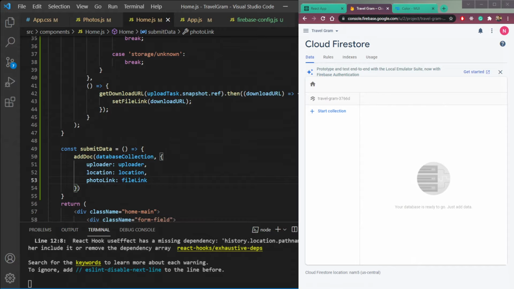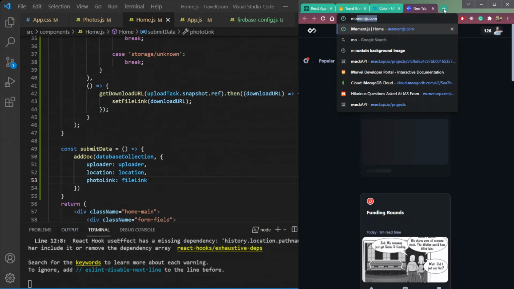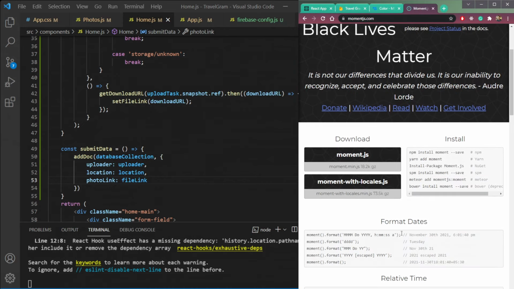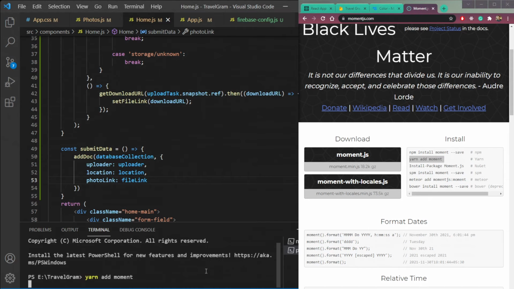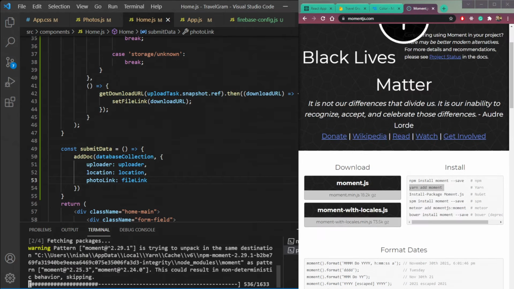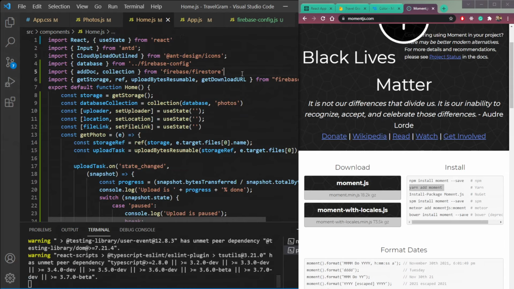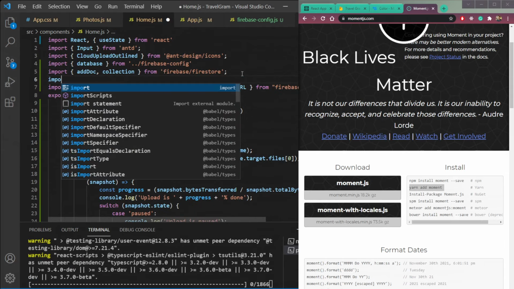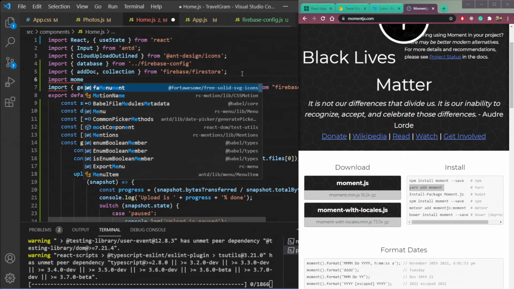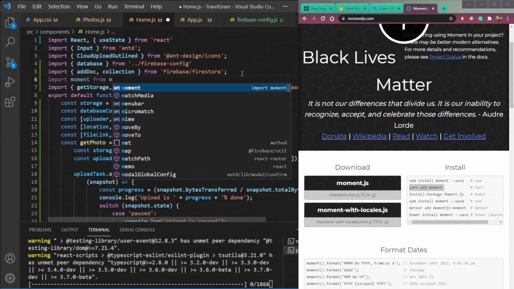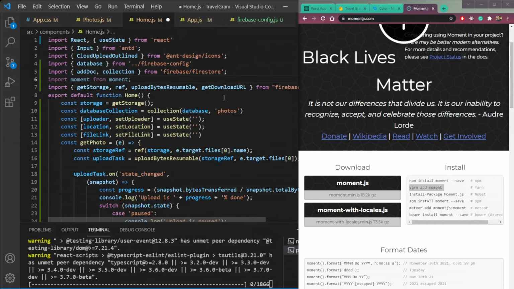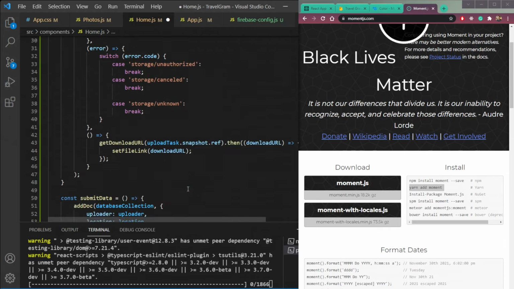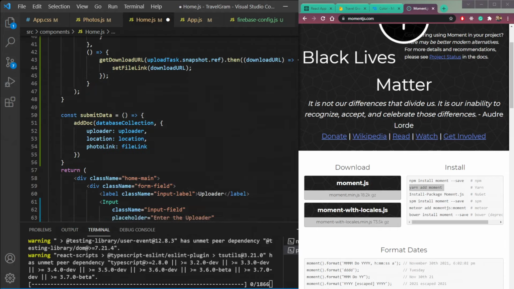Now let's try to save it. We can add one more field here, which is called timestamp. So just head over to moment.js and install it using this command. Then we need to import this moment at the top. So let's do that. Import moment from moment. Let's wait for it to finish, then we will do everything else.